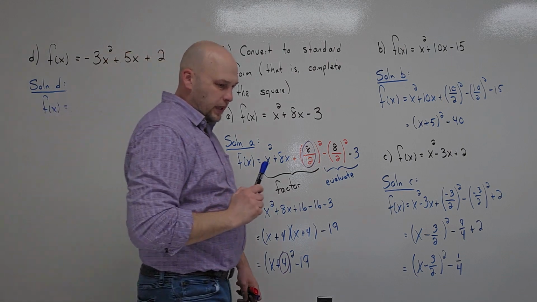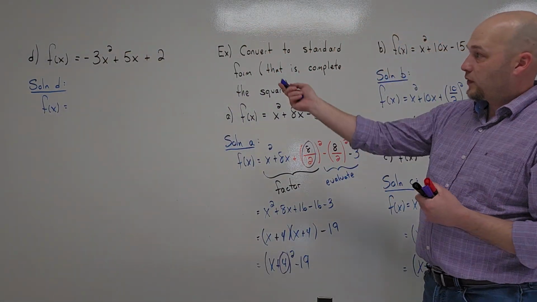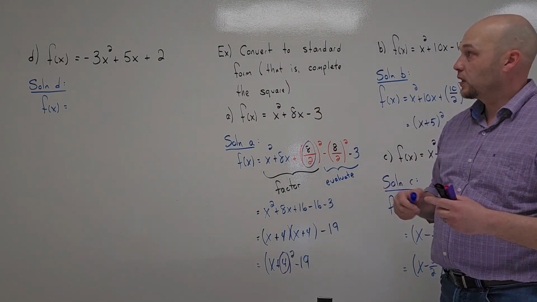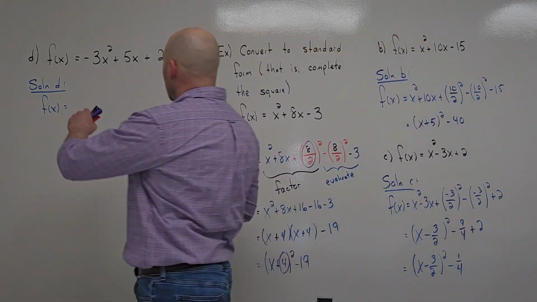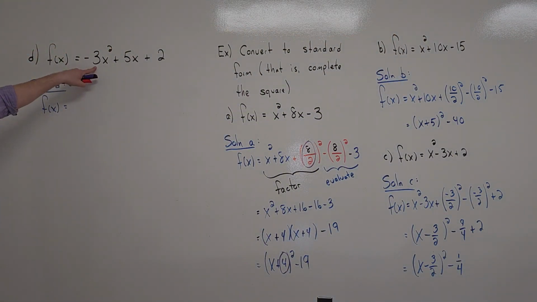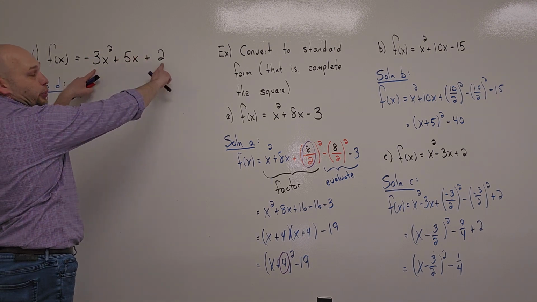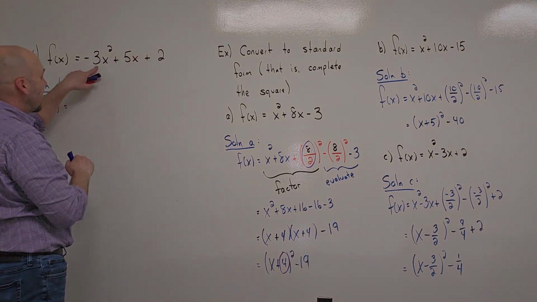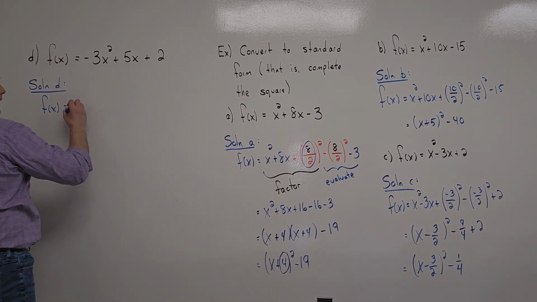I mentioned that completing the square only works if the leading coefficient is a 1. Therefore, I have to manipulate this expression so that the leading coefficient is just a 1. That means that this negative 3 has to get moved somewhere. Since I'm not dealing with an equation, I'm dealing with just a single expression, the only way to get this out of there is to factor it out. And so when I factor that out,